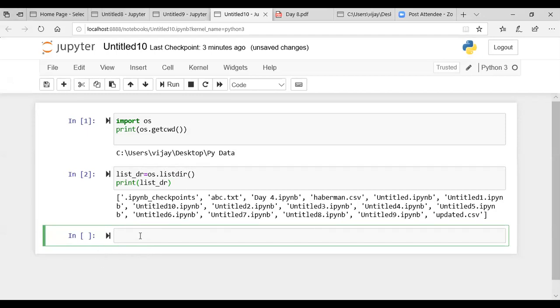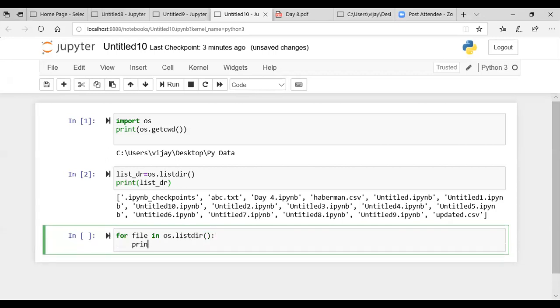Now this gives you the names of the files as the elements of a list. But what if we want all these elements one below the other and not as a list? For this, you will use a for loop: for file in os.listdir, and then print file.